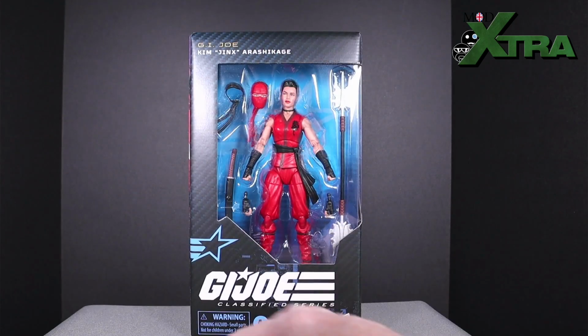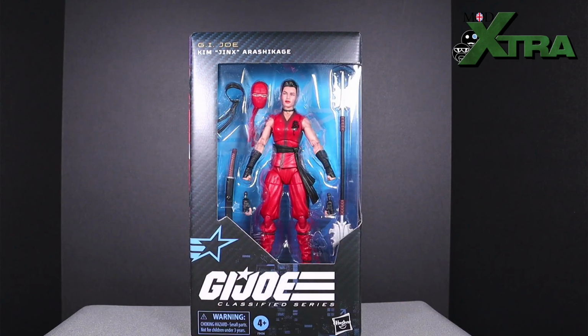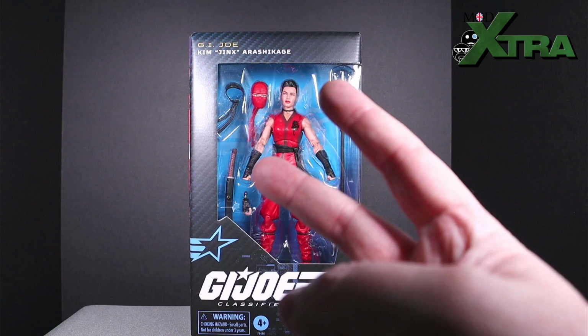Right then, I'm going to go crack this open off screen now, get the figure and all the bits and bobs out of the packaging, and get some good old quality man-child playtime in, do some poses, get her on the shelf with some other G.I. Joes, just generally get a feel for the figure, get good and hands-on, so I can come back and offer you some quality review thoughts. So stick around, because Future Chris is going to be back in 3, 2, 1...